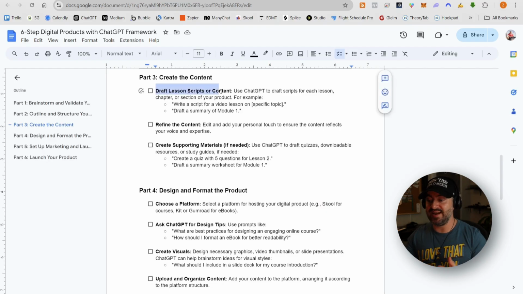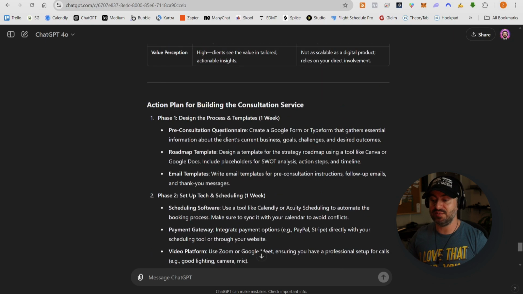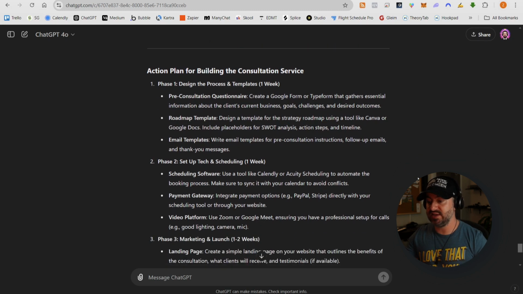It's kind of funny because as you start to go through, you're going to notice things start to blend together because it already starts to do bits and pieces here and there. But if we go back and look at phase 1, it says we need a pre-consultation questionnaire, a roadmap template, and email templates. And so here we can just ask it, please create a pre-consultation questionnaire, because that is something we need to include. But before we do that, I'm actually going to go back into my Google Drive